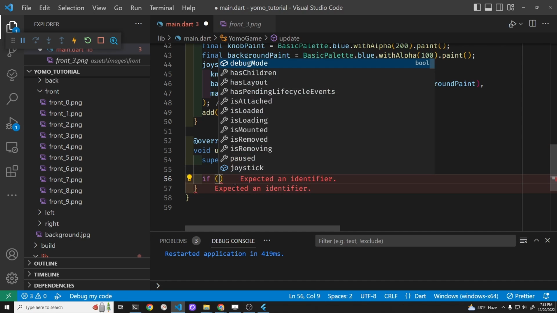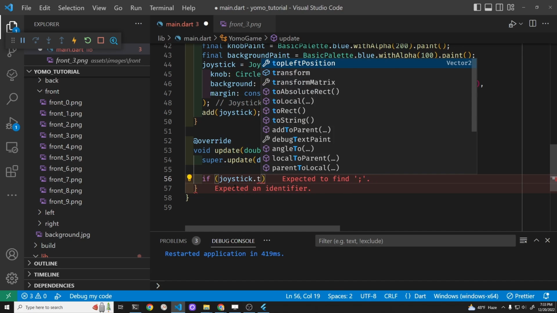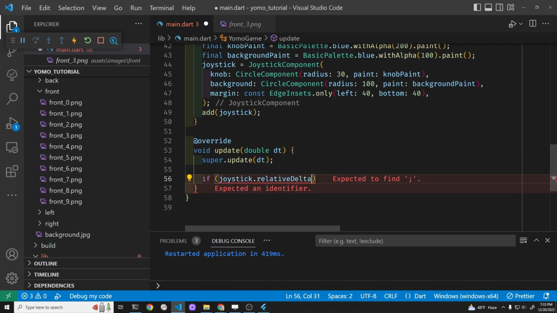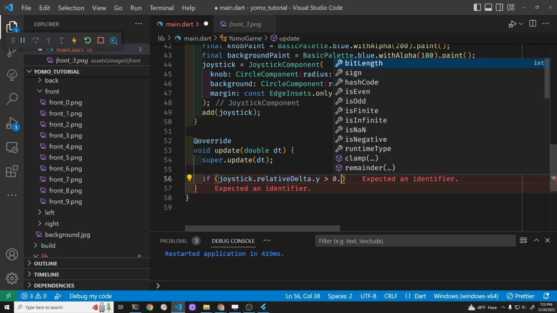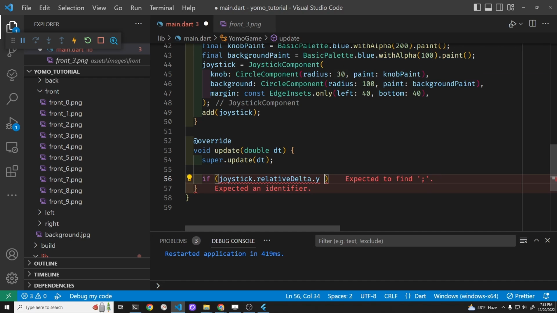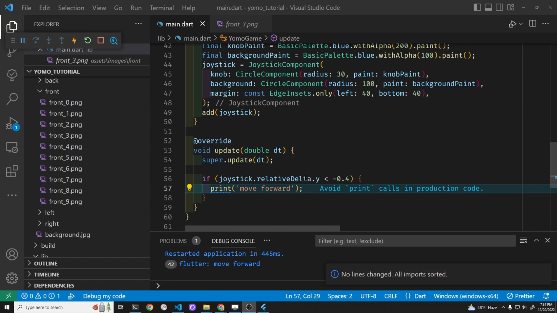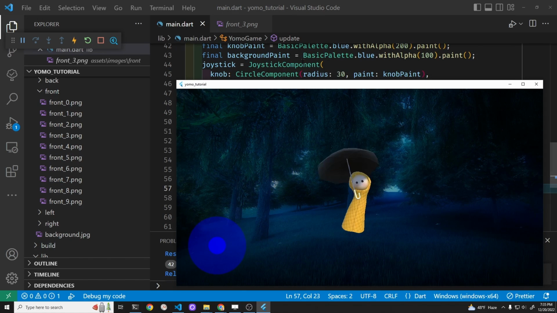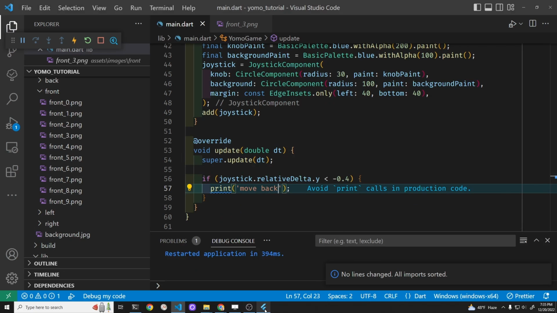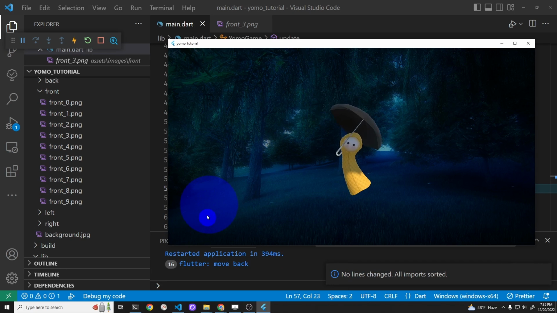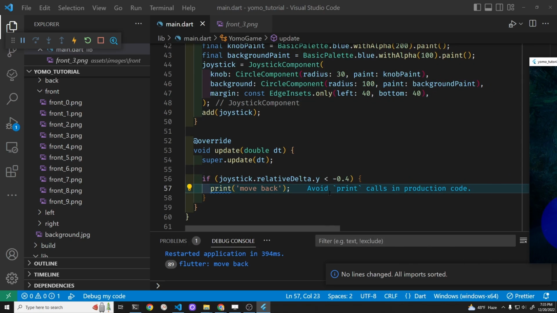We'll go if joystick dot relative delta, and because I don't want it to be too twitchy, I'm going to have it be greater than 0.4. Right? Maybe front. It will be down, so less than 0.4. Initially, I'll just do. Okay, I have this reversed. Move back. And so. Okay, move back, and so forward is